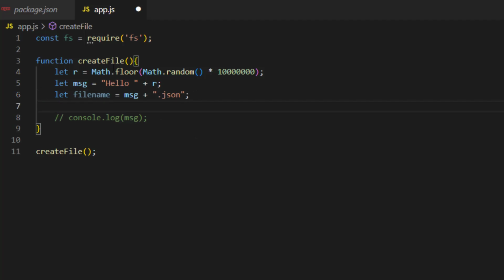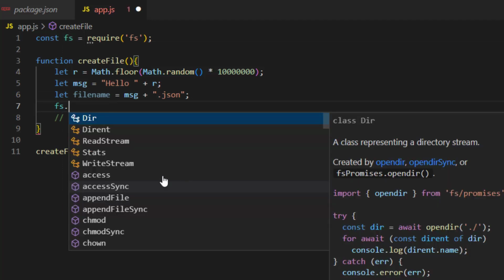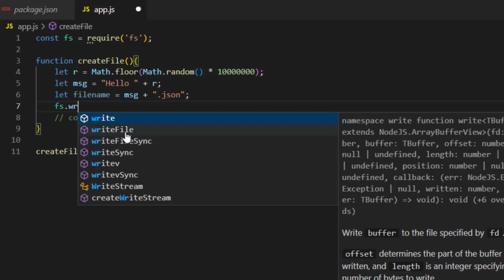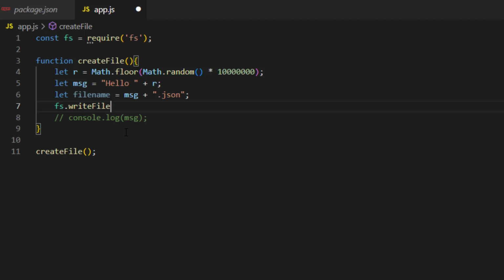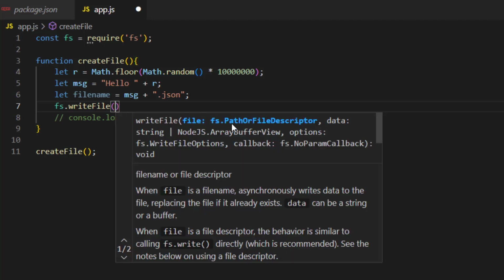Now once we did that, we use this fs library, which is the file system of Node.js. How you can use it, just write fs dot, after that write file, use this function and open the parentheses. The first thing you have to write is the path where your file should be written. So in this case I want to write my file inside my directory. If you want to do that, just put your file name, but I want to put my file path and